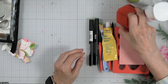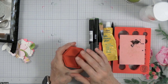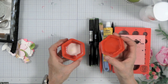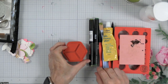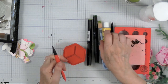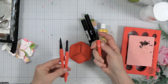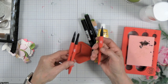Now, one other thing that I could probably do without, but I don't want to, and that's the Sili glue pot. And you can see I've already got glue in it, but it keeps the glue moist. And it also comes with 3 tools. Now, I'll be honest with you, I think I use this one all the time. I rarely use these 2. But